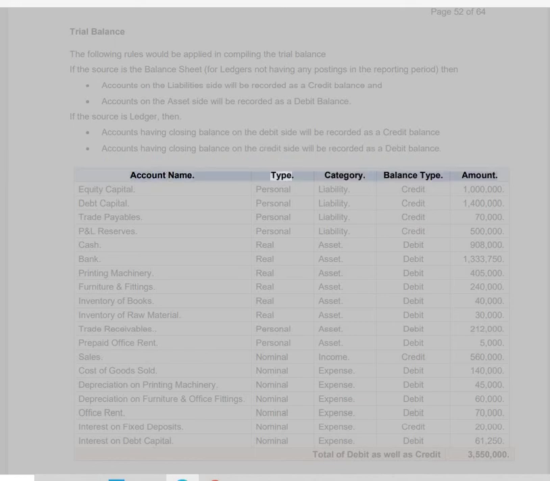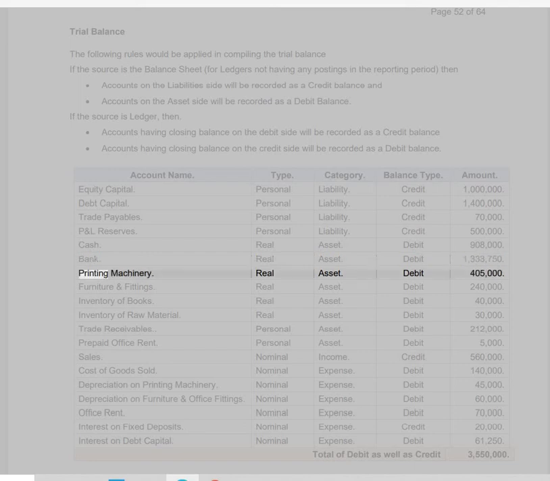Account name, type, category, balance type, amount. Equity capital, personal liability, credit 1 million. Debt capital, personal liability, credit 1,400,000. Trade payables, personal liability, credit 70,000. P&L reserves, personal liability, credit 500,000. Cash, real asset, debit 908,000. Bank, real asset, debit